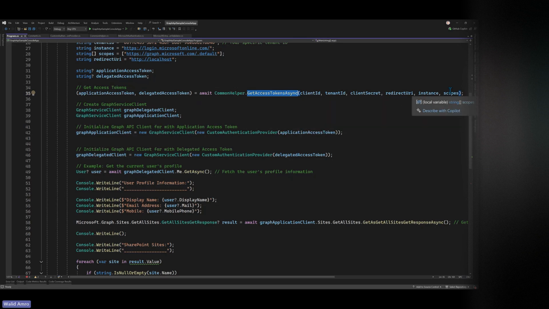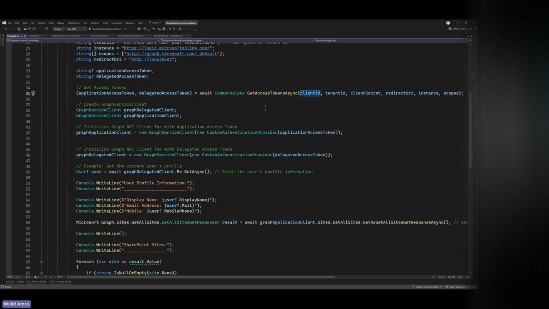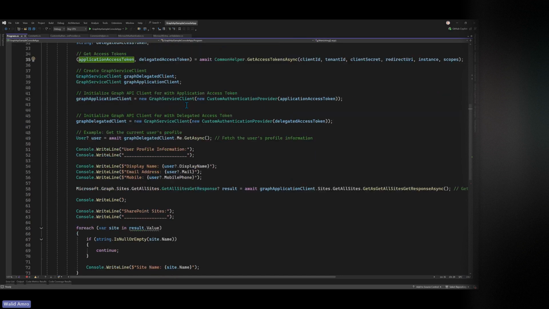So the first thing is your app is going to pass the client ID, tenant ID, secret, redirect, instance, and the scopes, and say, hey, talk to Entra ID and get me tokens for my application, allow me to access the Graph API. I want two types of tokens: an application access token and a delegated access token. And then after you get those, I'm going to create a dedicated Graph client. This is where the Graph API